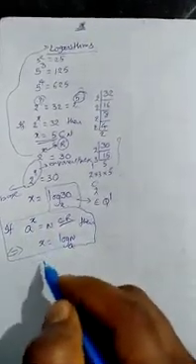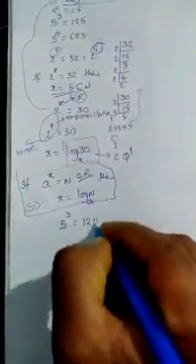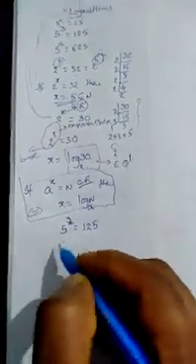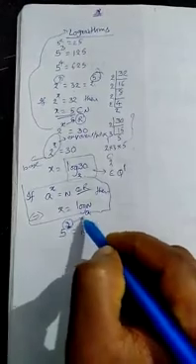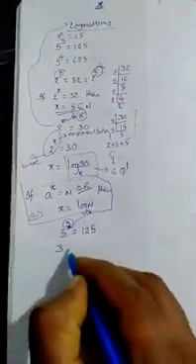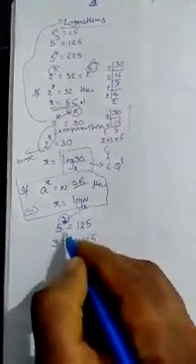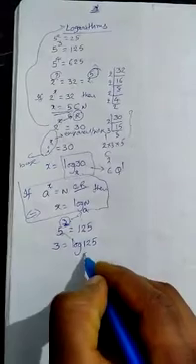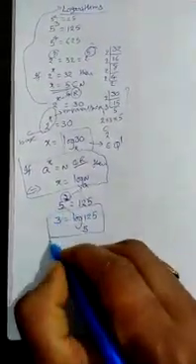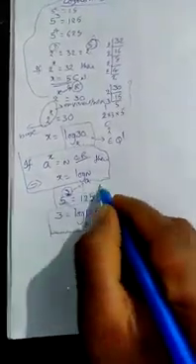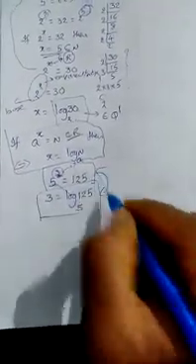Both cases are correct. But generally, if I write 5 power 3 equals 125, how do we write this 3? This entire chapter on logarithms tells you how to calculate the index, this power. How to write 3 as log 125? The base comes to this side, log 125 base 5. So 3 equals log 125 base 5. This is the powers and exponents format. This is the logarithmic format. Both are correct formats.